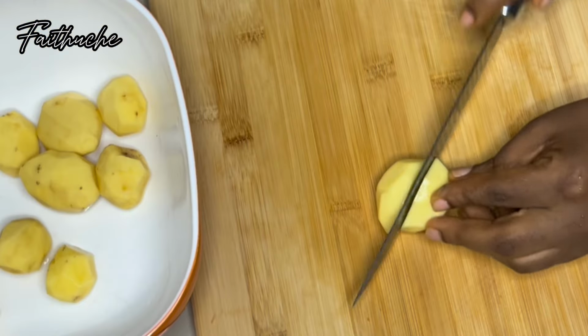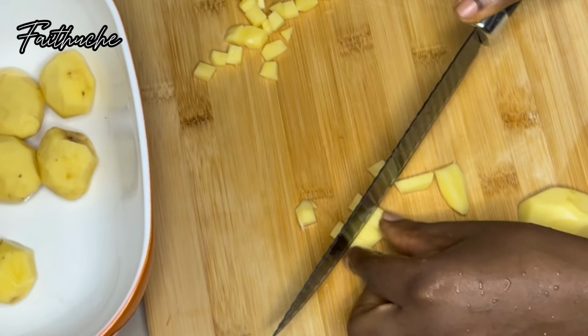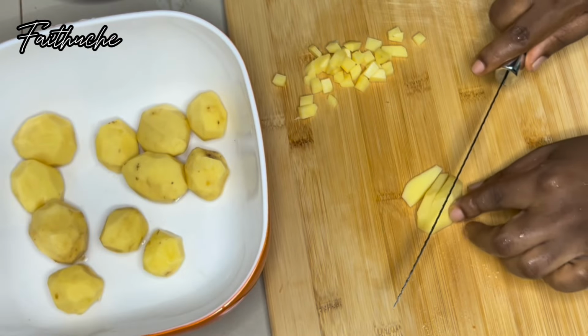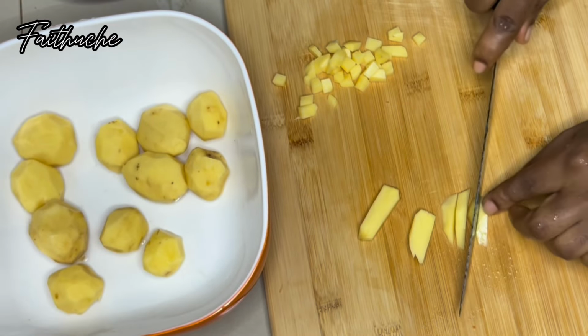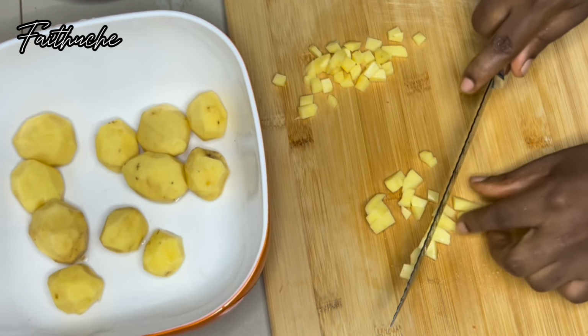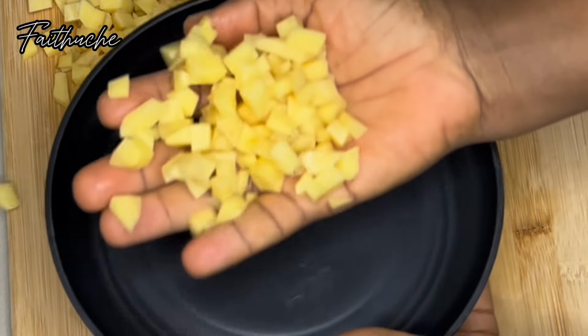So when you are done with doing the carrot like that, it's the same step you are going to take when cutting your potato, right? Your Irish potato. Just do it like that and you're going to achieve that same shape all through. It will not be big in your fillings. Okay,